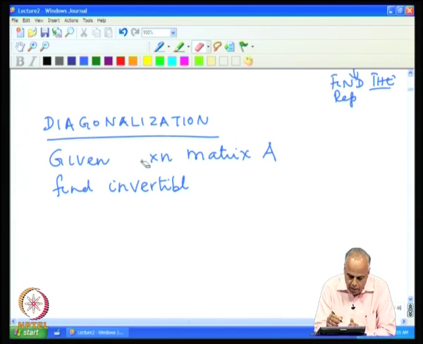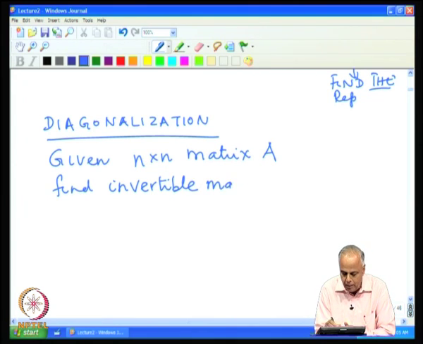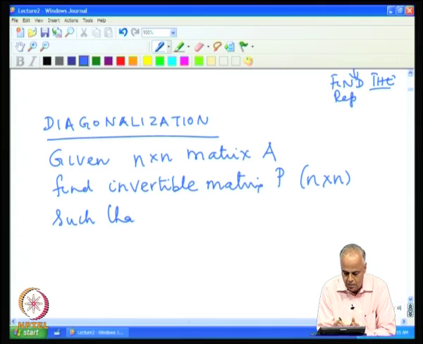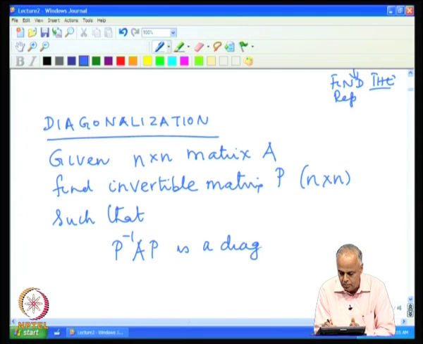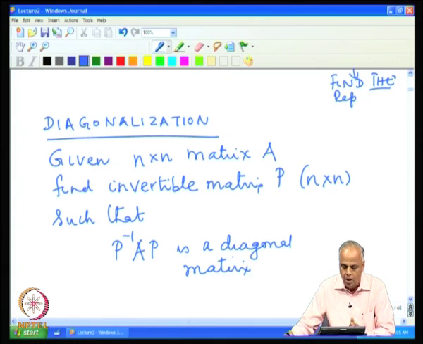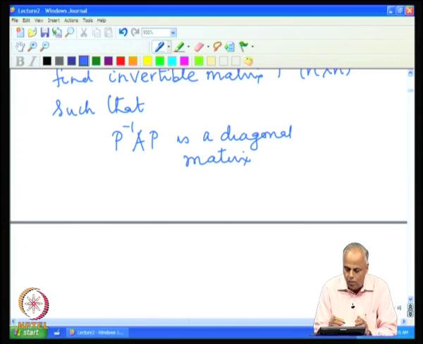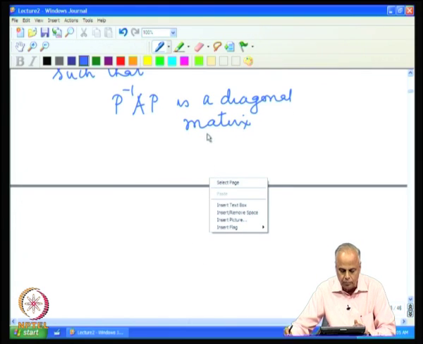Let us take a square matrix A, n by n, and then find an invertible matrix P, which is also n by n, such that P inverse A P is a diagonal matrix. We found that this is not always possible, and therefore, we ask the question,